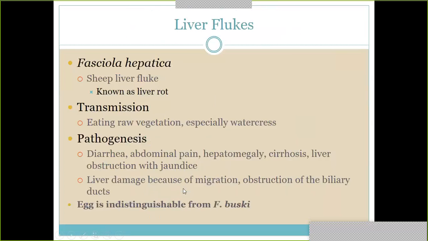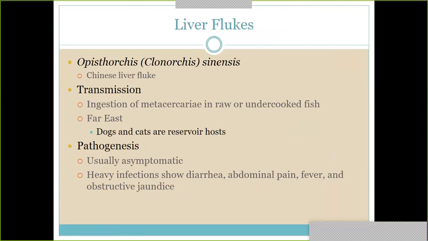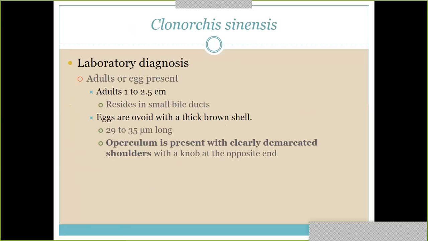All right. On to our next one, Clonorchis sinensis. They had renamed this. I will always call it Clonorchis sinensis. So that's what I would remember if I were you. All right, this is the Chinese liver fluke, is its nickname. So again, a raw or undercooked fish and causes diarrhea. So the egg is going to have this operculum with clearly demarcated shoulders. So operculum is kind of like a cap-like covering to the egg. So that's what is really significant about